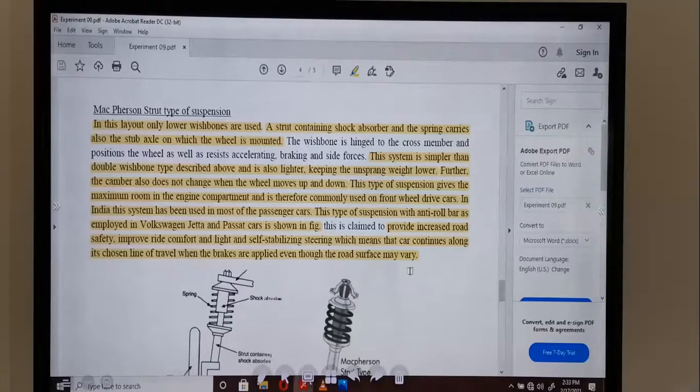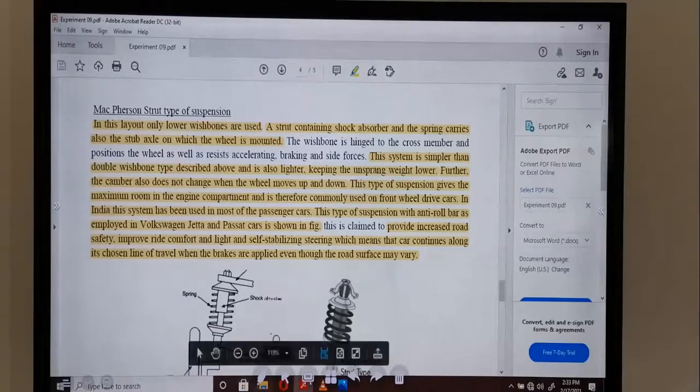The car continues along the line when the brakes are applied, traction, brakes. Under any condition, even if the brakes are applied and the road surface is wet, sometimes a slippery surface or oil, the direction does not change because of the help of this anti-roll bar. So finally,